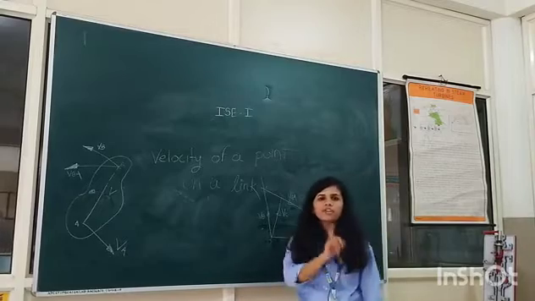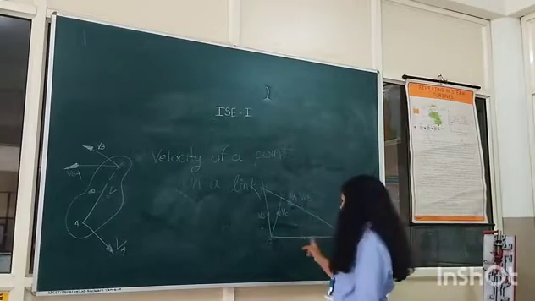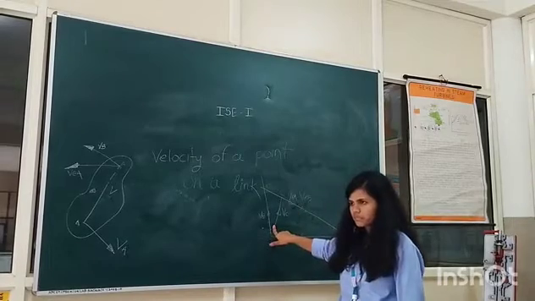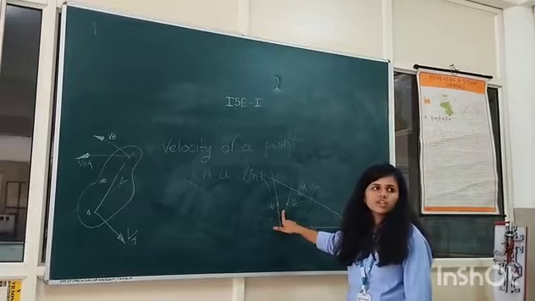Therefore, the absolute velocity of point B, VB, is equal to the scale VB. Therefore,